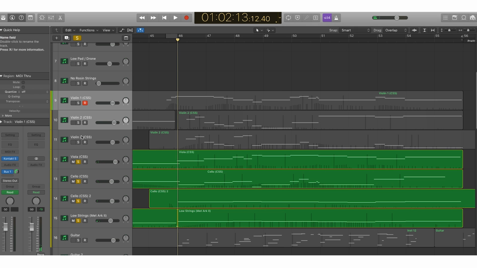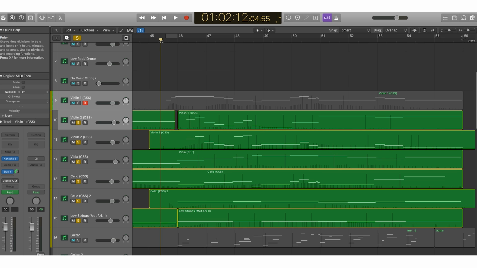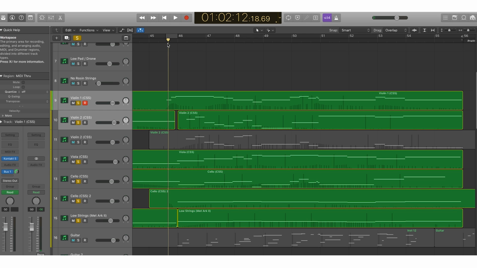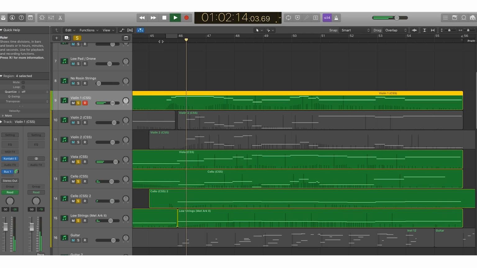But then as you begin to see, the violin 2s really add in the counter melody against the main melody. And so if I just play the main melody with the strings, forgetting the counter melody, it sounds a little bit like this. Sounds nice, but it doesn't have a whole lot of movement to it, and it sounds a little static. So when we add in our violin 2s, our counter melody,